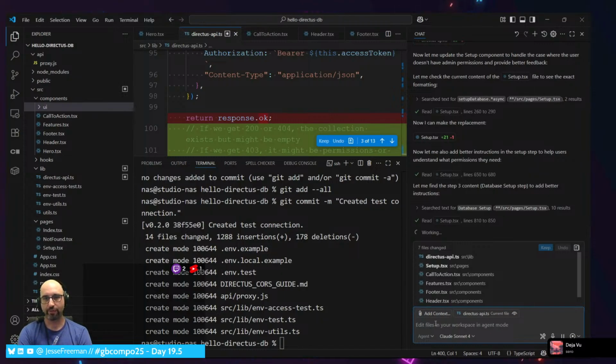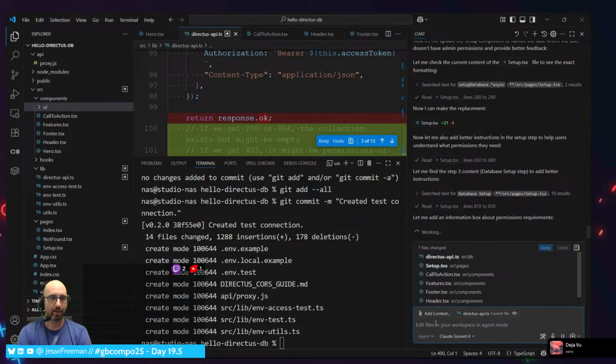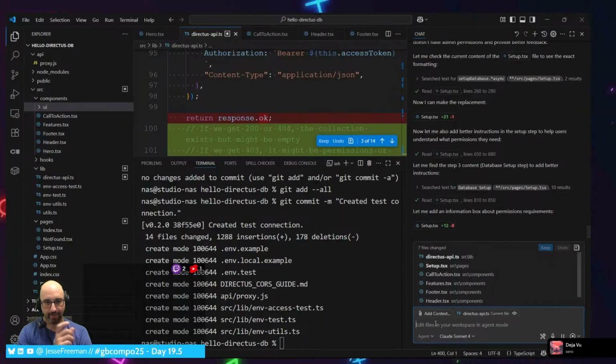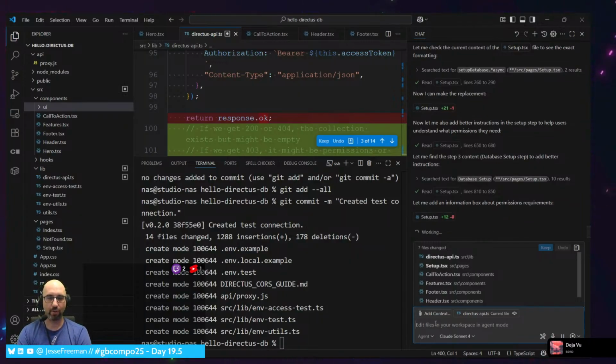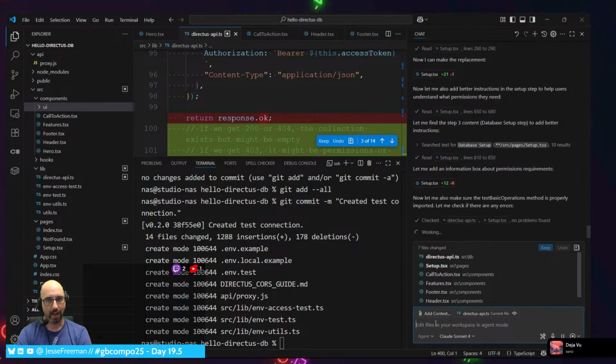So once this works, the whole idea is that once I create a database, all I need to do is give my project template workspace the name of the database, and it will go and fetch the connections and then automatically connect it to whatever the database is that I wanted to do.